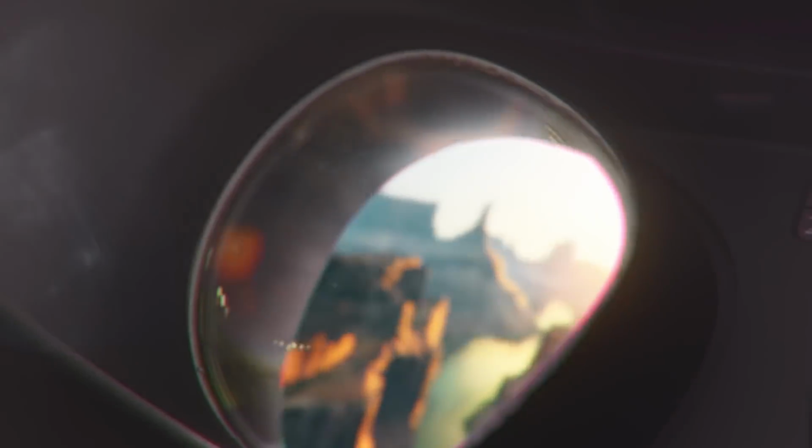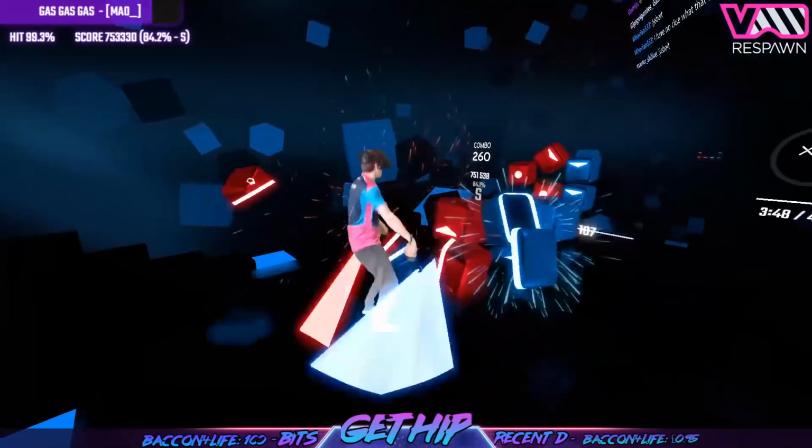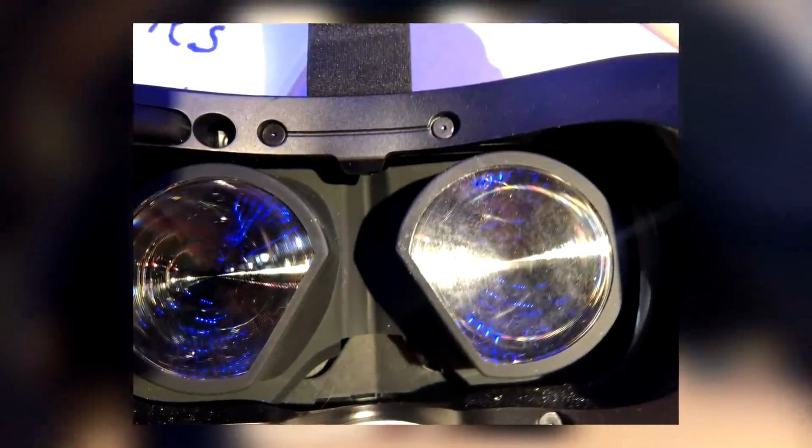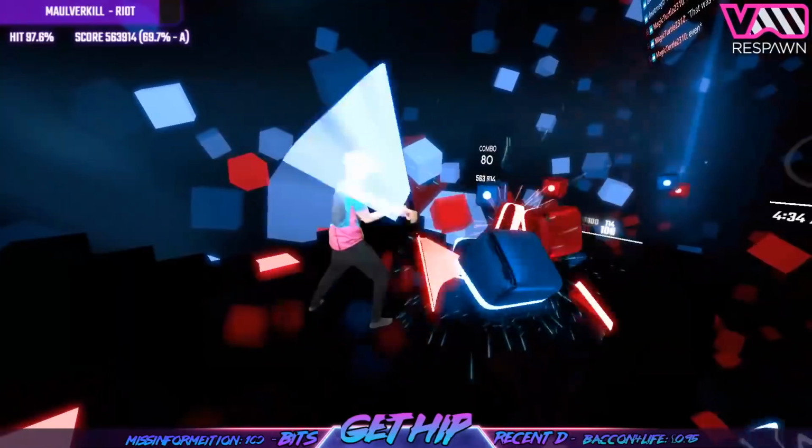The Index has this weak rubber seal around the lenses instead of a full seal that the Quest 2 does. So when you sweat a lot, you get something like what this poor Reddit user experienced, where the condensation got into the display side of the lens and now they have a permanent blur that won't shake even after letting it dry. I also had this same issue with my first Index headset back when I used to stream Beat